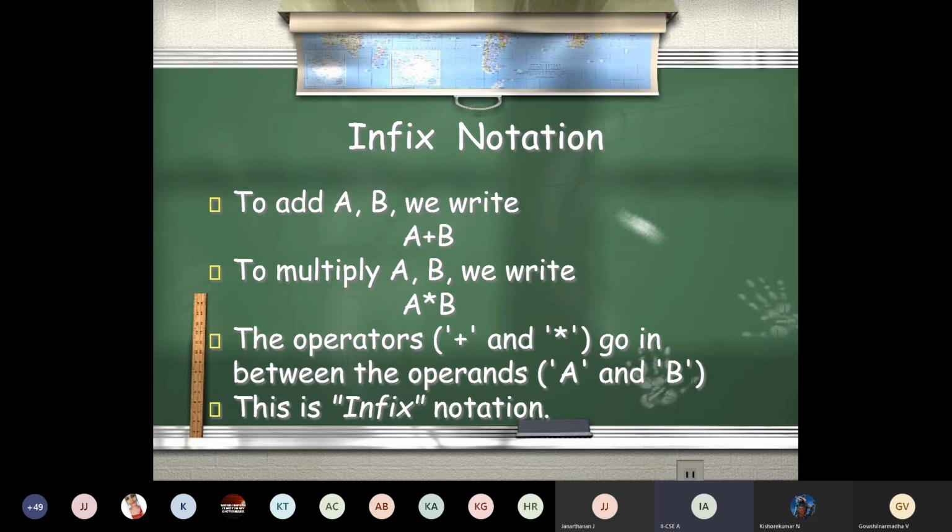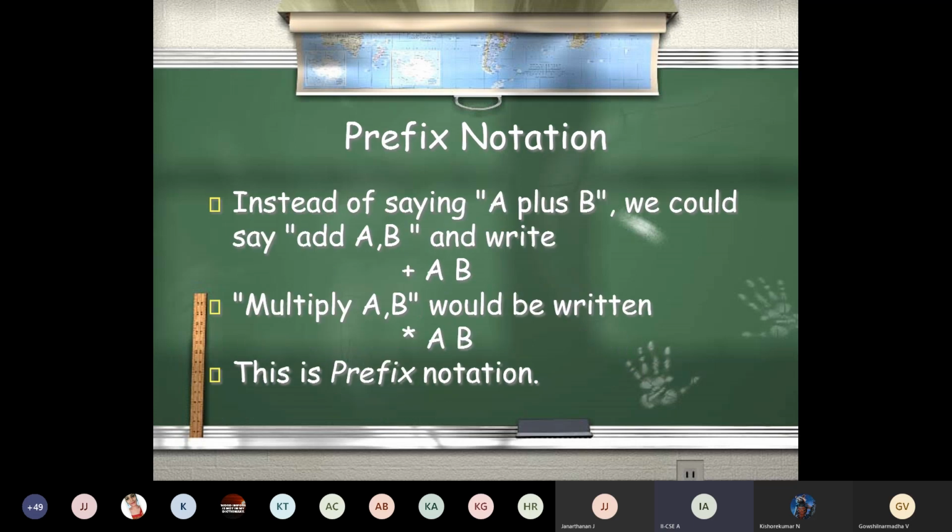This is a very simple notation with only one operator, but your expression will not always have a single operator. You might have 3 or 4 operators in the same expression, and in that case also you must be able to write it correctly. So this is your infix notation. Infix is the common algebraic notation we have seen in all earlier programming languages and mathematics. From your school days you are well versed with infix notation. When I write a normal expression, it is infix notation.